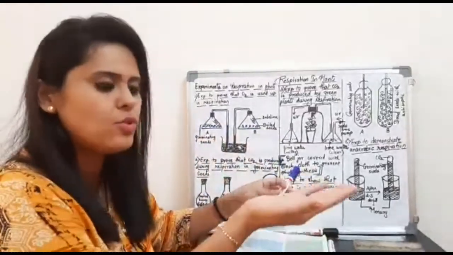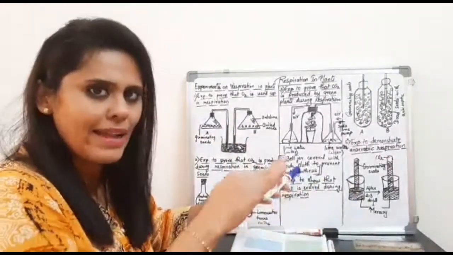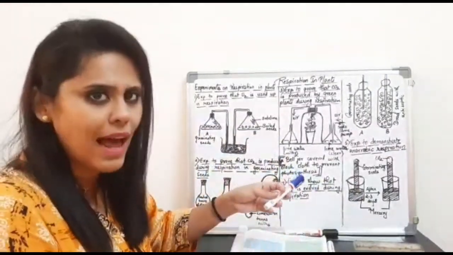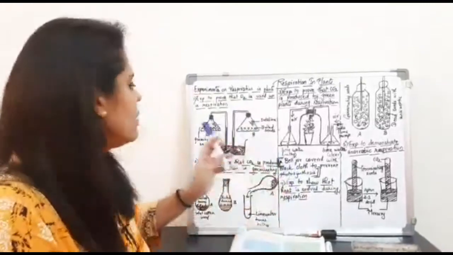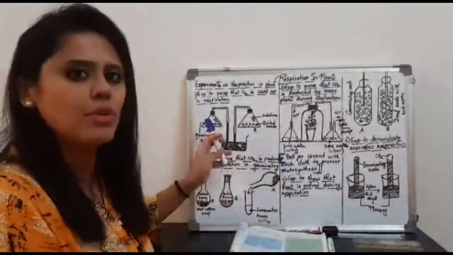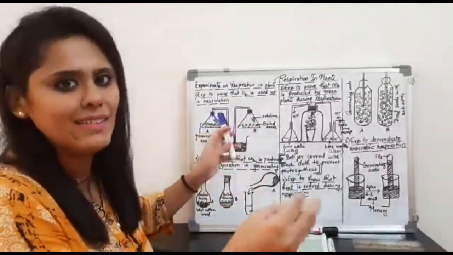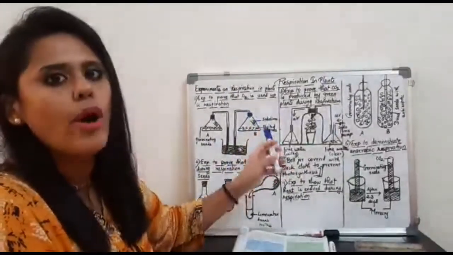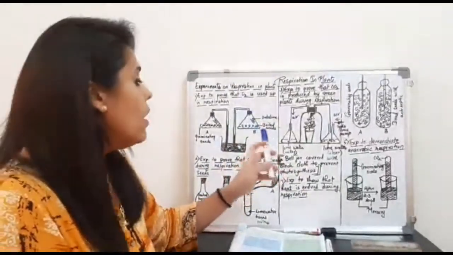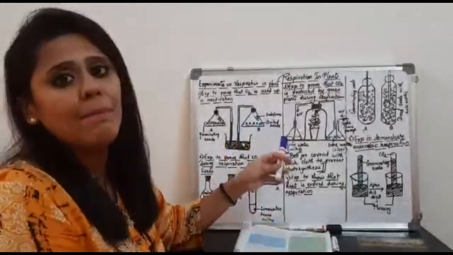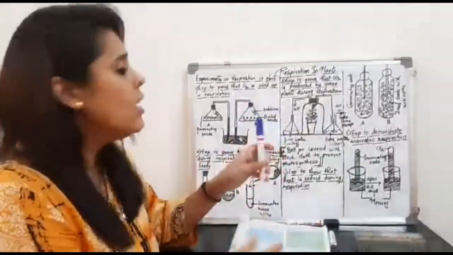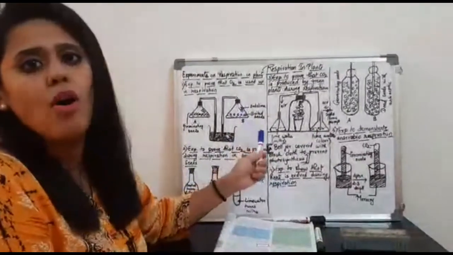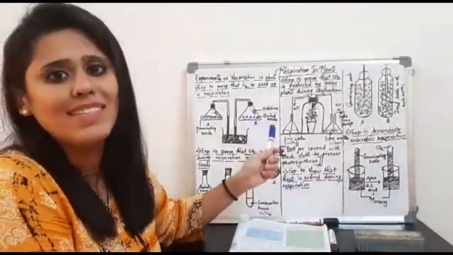Okay, you have to place wet cotton wool at the bottom of both the conical flasks, and above them in flask A you have to keep germinating seeds, and in B you have to keep boiled seeds. Now the aim of keeping boiled seeds is that your flask B automatically becomes the control setup.